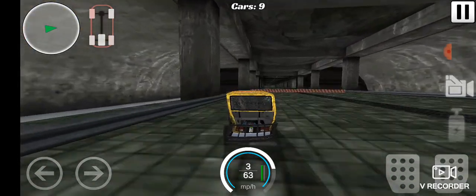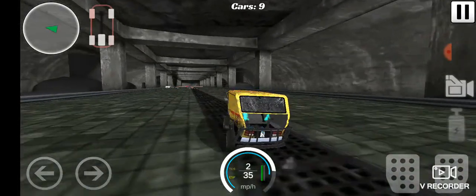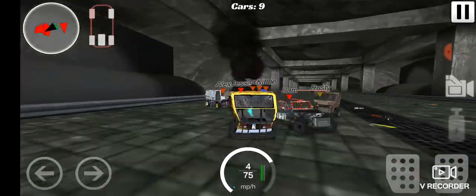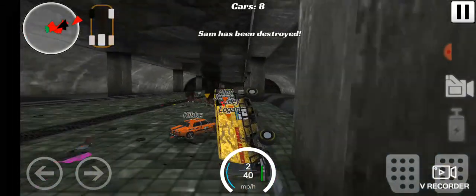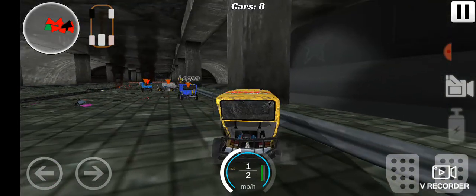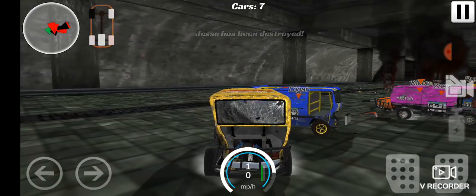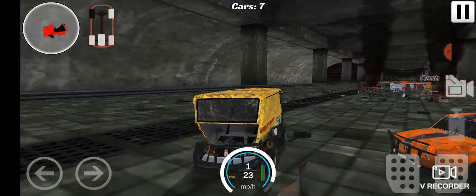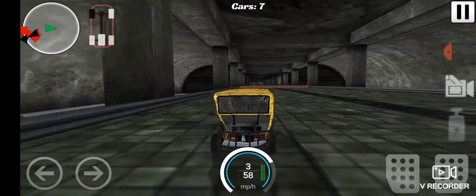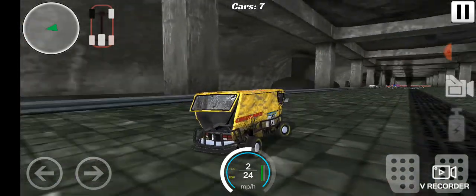I mean, I can kind of see out of this view. I can see around the van more. I don't know, I just think it's more fun to take them on. Okay, that was cool. I lost a tire because of it, but that was cool. I might not win this one, but...